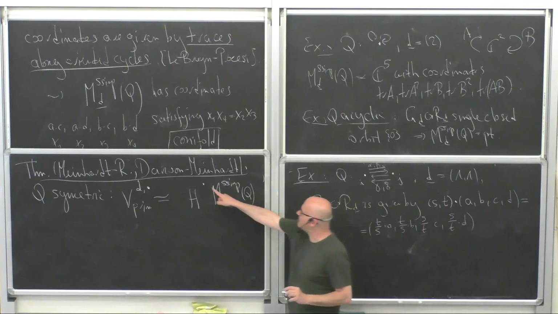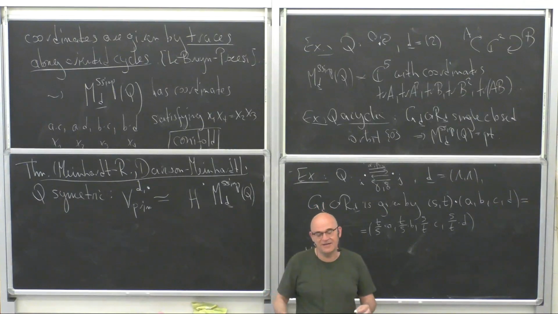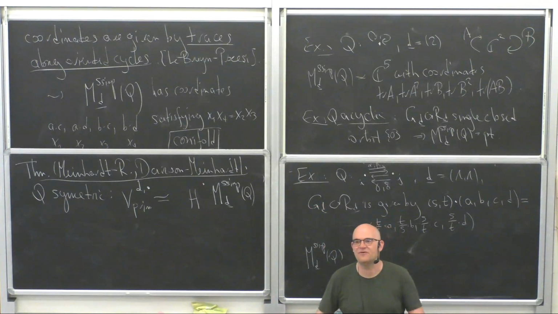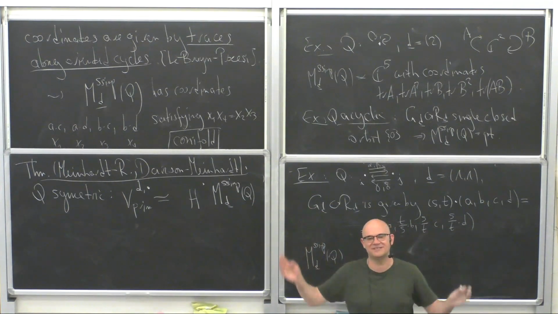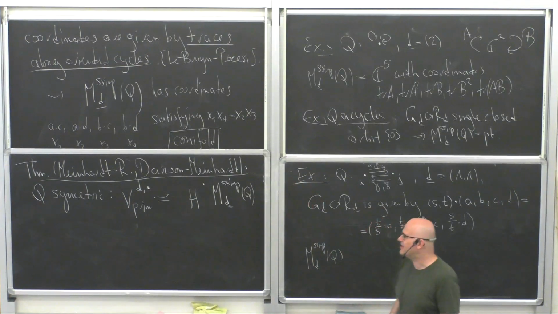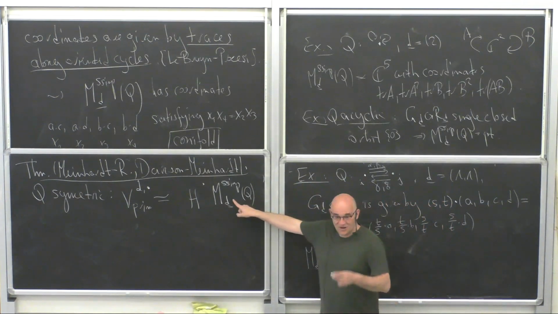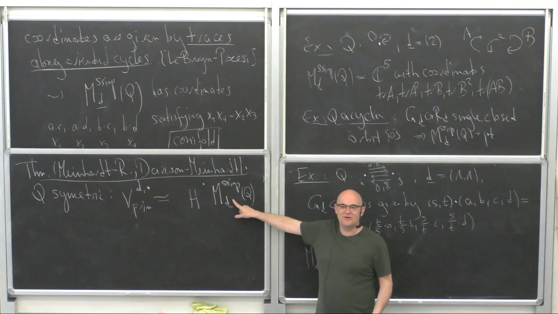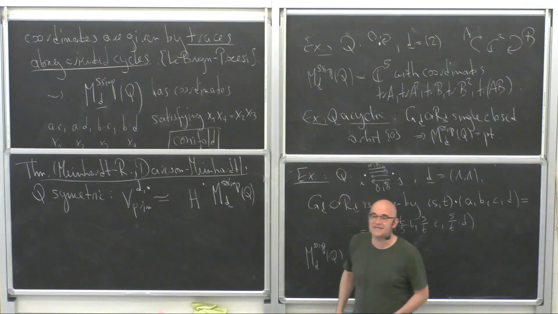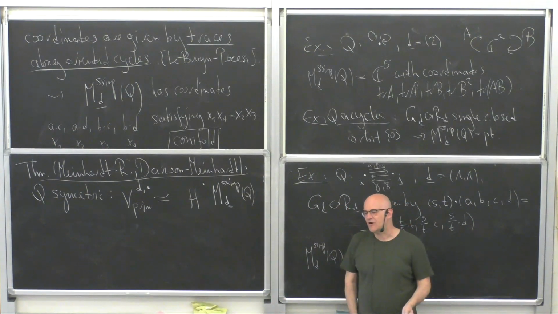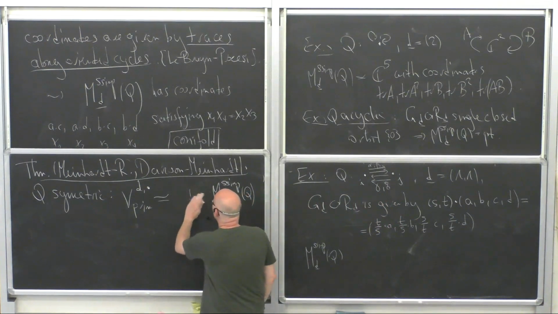Because cohomology, singular cohomology, is a very nice cohomology theory for compact manifolds. For compact manifolds, it has many, many beautiful properties: Poincaré duality, finite dimensionality, whatever. This is completely the opposite. This is absolutely non-compact, and it's highly singular. So you had better not take usual cohomology. What you take is so-called intersection cohomology with compact support. That is another cohomology theory,